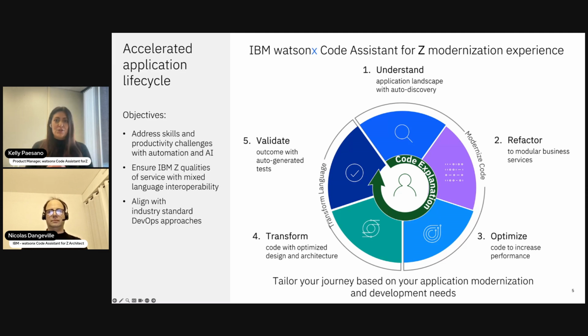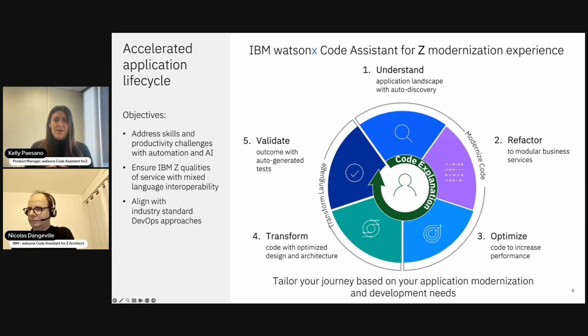Next, number two is refactoring. Managing and updating monolithic applications is challenging. It takes a lot of time, a lot of testing, and is typically very risky.